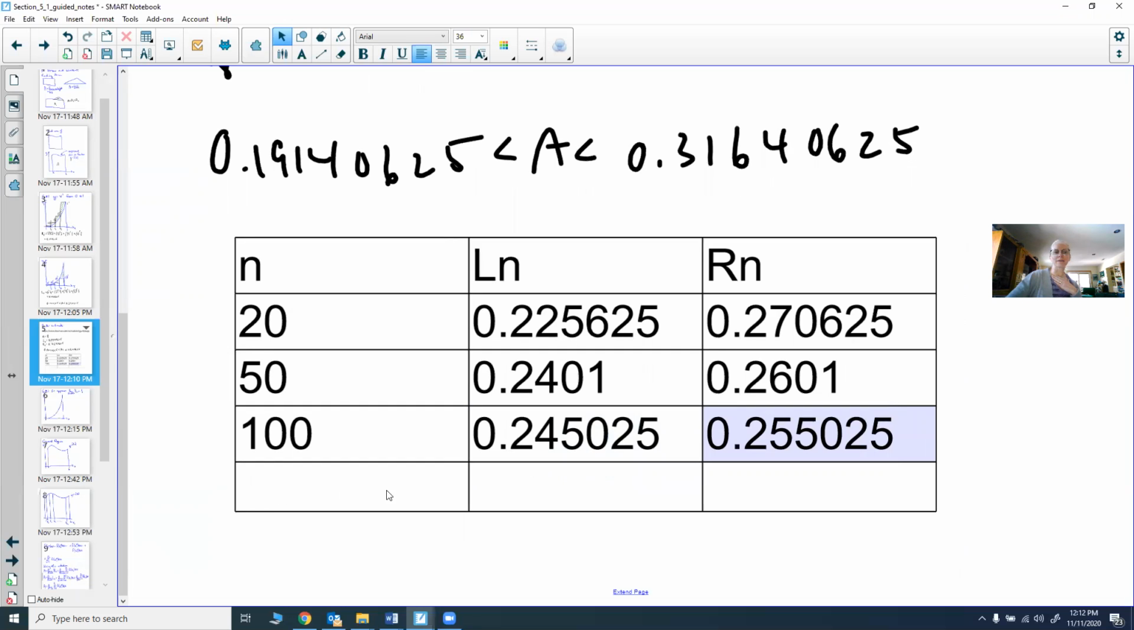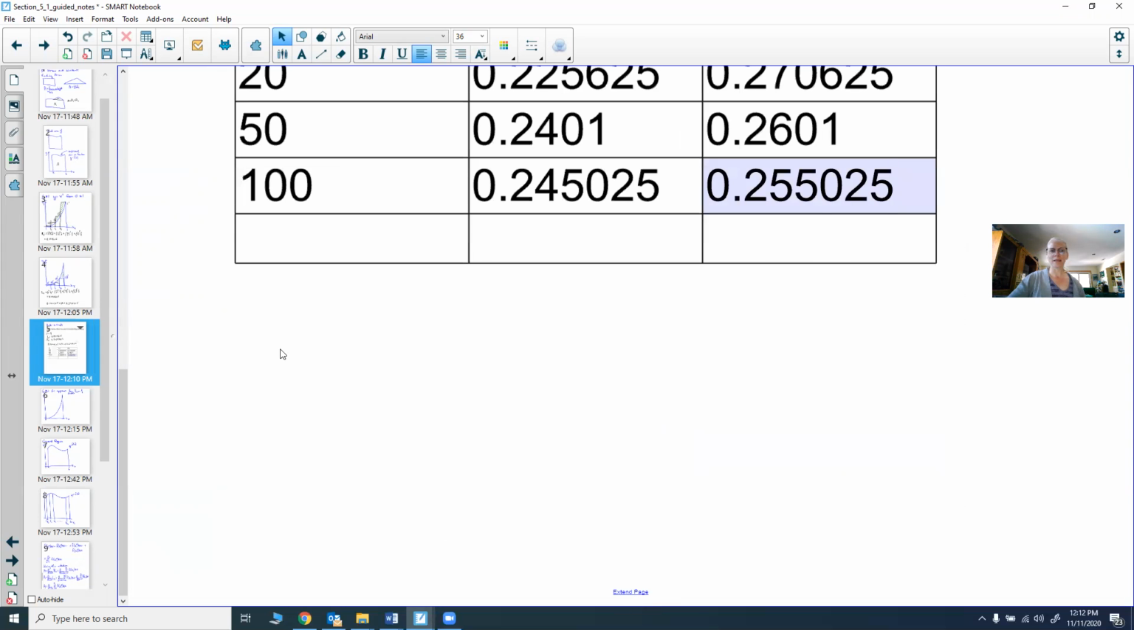So I could do this by hand. I could actually keep doing this and make it go even higher and bigger. But what I notice is my left-hand sums seem to be approaching some value. My right-hand sums seem to be approaching some value, and they seem to be approaching the same value. So I can now say that it looks like my sum is around, between these two. So I can now go ahead and write that my area is between 0.245